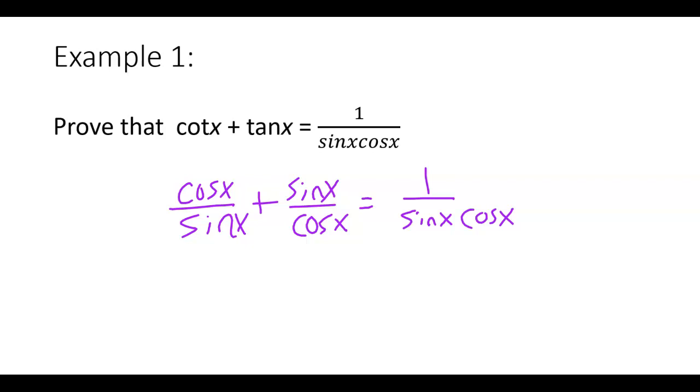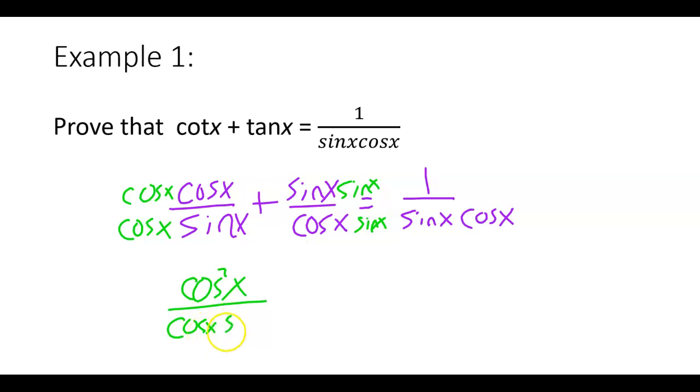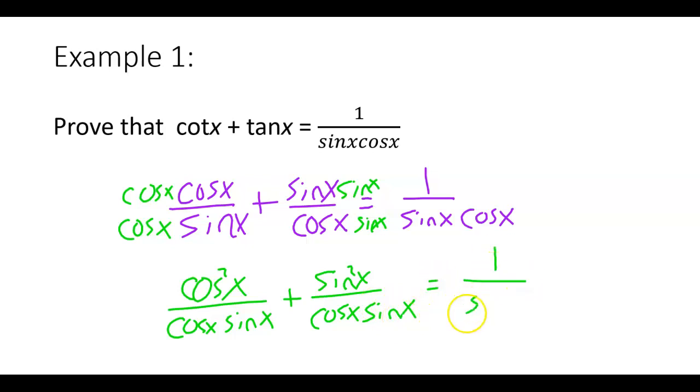Now don't worry, even though we don't have any Pythagorean identities yet, you'll see them in a minute. All right, so what we need to do is I want to combine these together. I want to get them to have a common denominator. So I'm going to multiply the top and the bottom here by cosine. And I'm going to multiply the top and the bottom of this other fraction by sine. And the end result will be cosine squared x over cosine x sine x plus sine squared x over cosine x sine x equals 1 over